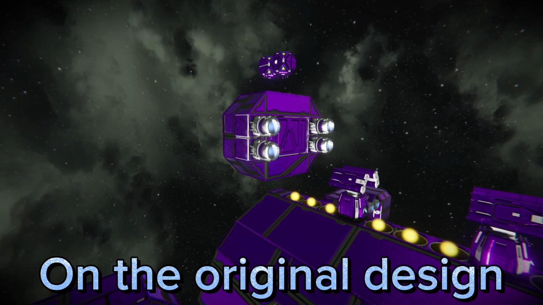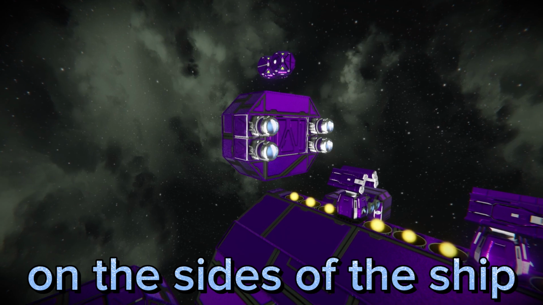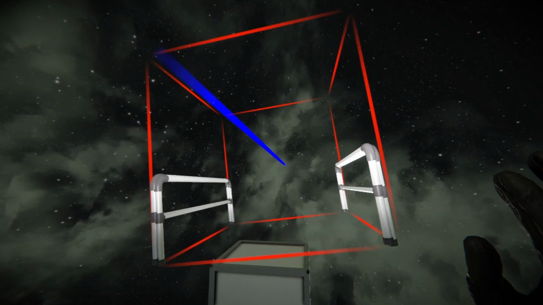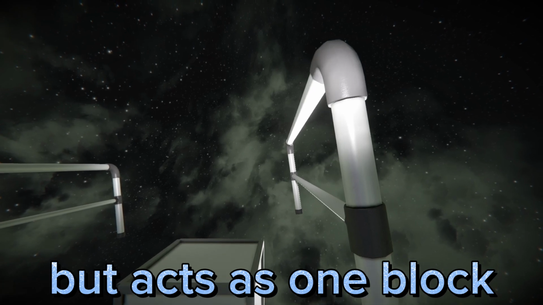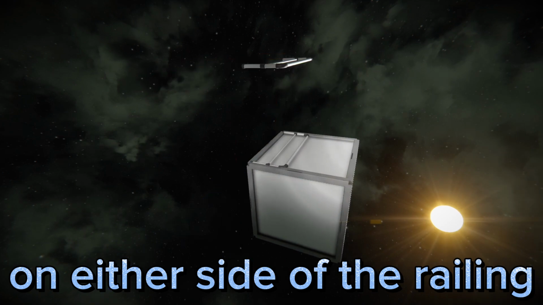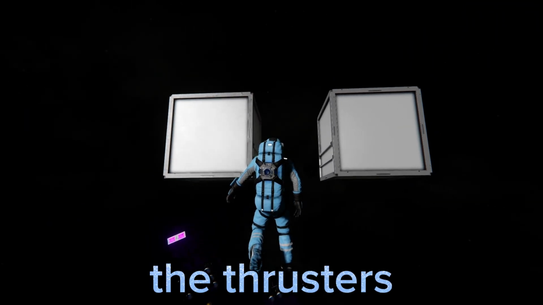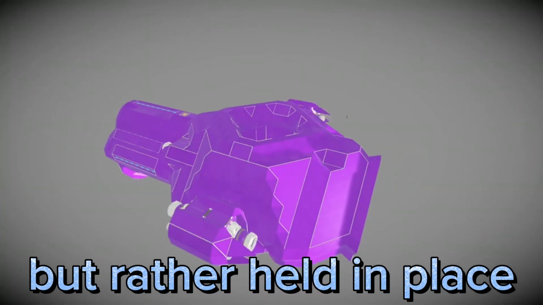On the original design, there were thruster modules that appeared to be floating on the sides of the ship. This was achieved by using the railing double block. Since the railing double has 2 hitboxes but acts as 1 block, you can place 2 blocks on either side of the railing and it will appear as if the 2 blocks are not touching each other. This allows for the thrusters to appear as if they're not connected to the ship, but rather held in place